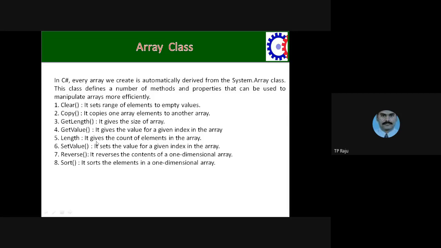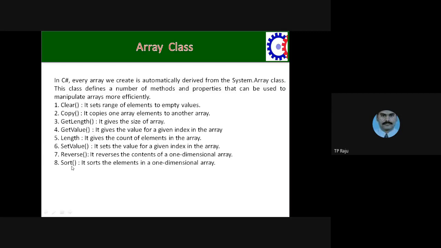GetLength: for example, if your array is a multi-dimensional array, you can get the length of a particular row or column, a particular dimension. GetValue: you can extract the value of a particular location. Length gives the count of values in the array. SetValue sets a value at a particular position.